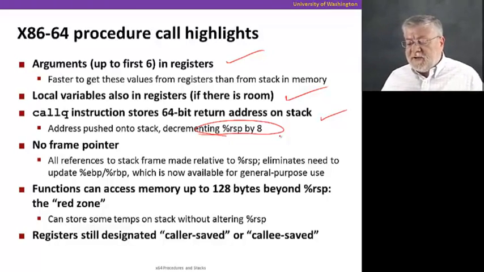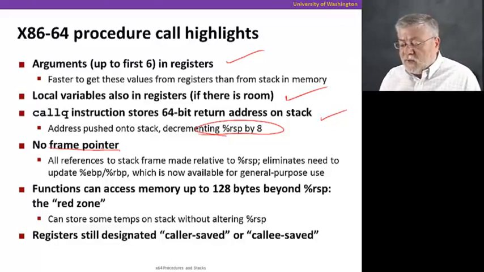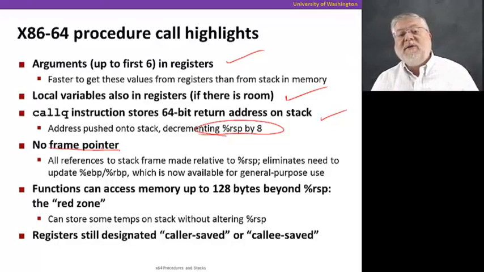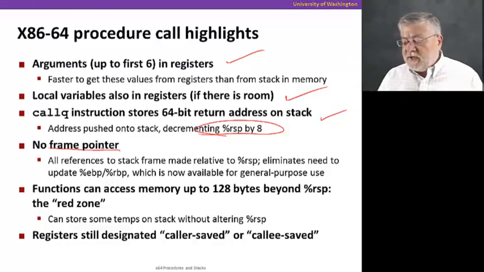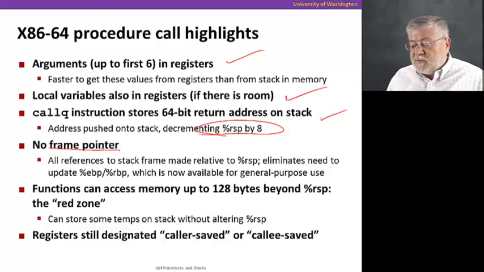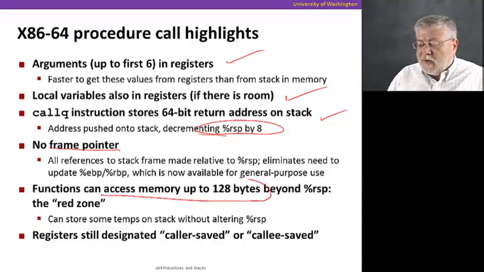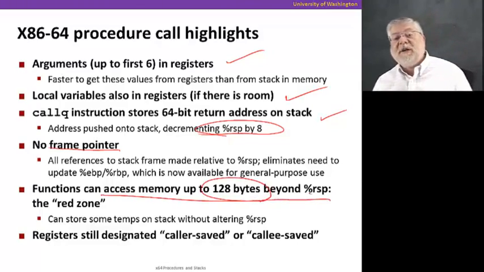We also have eliminated the use of the frame pointer. Remember EBP, our base frame pointer. We're not going to do that anymore, and we're going to make all references relative to the stack pointer. So we won't have to keep track of 2 registers pointing to the stack, but only 1. And EBP, or now its 64-bit version RBP, is going to be available as a general purpose register. The reason that works is because we can access memory up to 128 bytes beyond the RSP, where RSP is pointing,